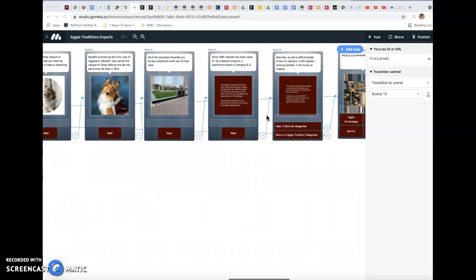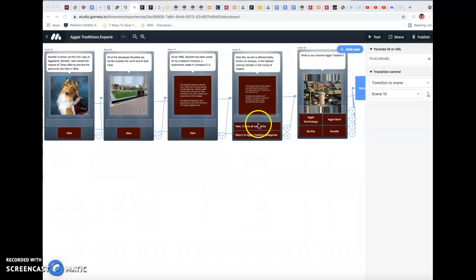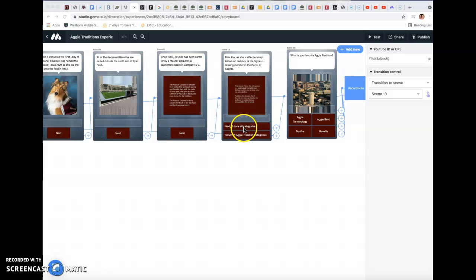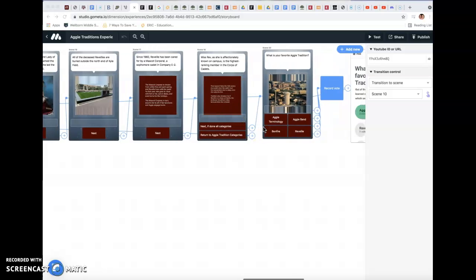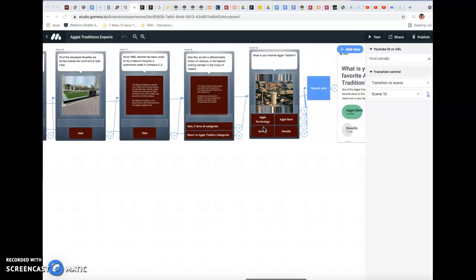And then here, if they are done with all categories and they are finished, they're going to be routed to what is your favorite Aggie tradition. If they're not finished, they'll go back again to the category screen and pick a different category until they are finished. But let's just say they finished them all and they're going to go to this, what is your favorite Aggie